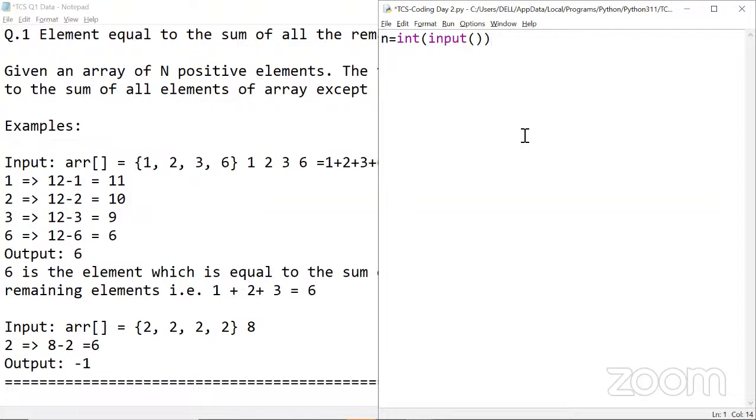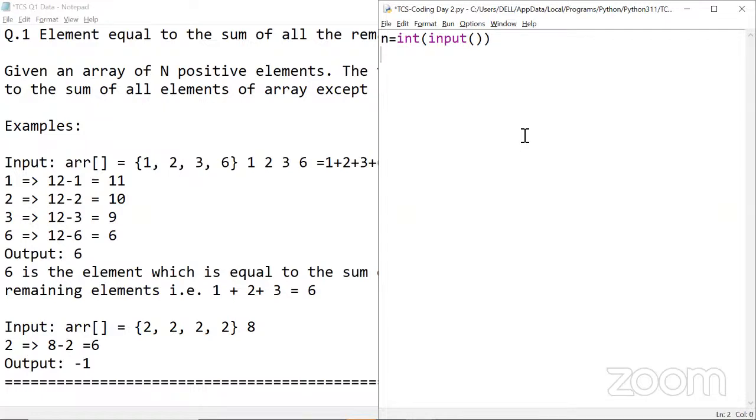Yesterday, we understood this. The inputting and outputting messages play a very important role when it comes to passing the test cases. If no inputting or outputting messages are given, you should not write them in your code either. Now I have to read an array. In Python, the array is read as a list value.